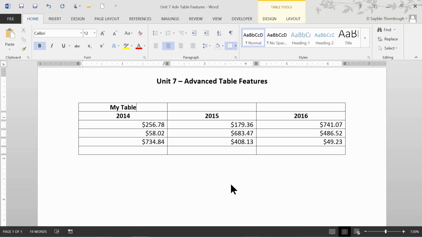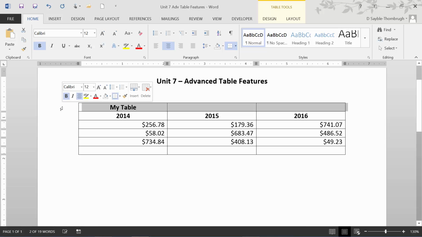The first thing I'm going to show you is something called merge or merging cells. The top row of this table has a title in it, my table, but I don't want it to just be in the left-hand cell. I want it to be in the middle, and I don't want these lines in between. I want one whole cell going across the top. So what I'm going to do is select the entire top row, and then make sure that I